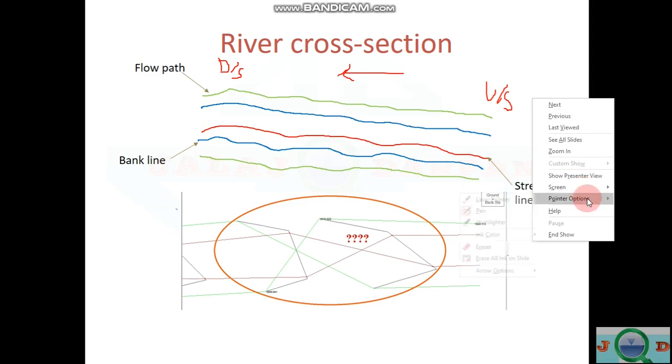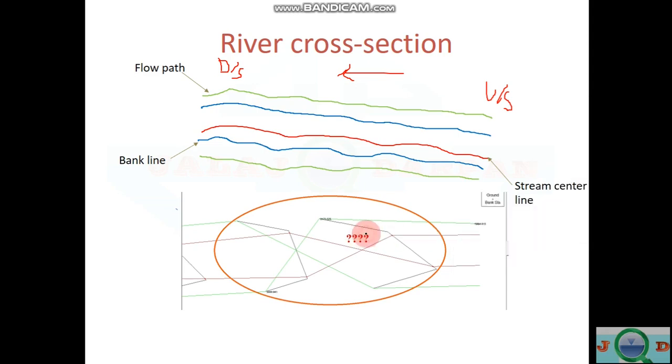Now it is time to draw the cross sections. Just change the ink color. Yes. In the HEC-RAS 1D model, always draw cross sections from left to right. So if I draw cross section 1, cross section 2, cross section 3, cross section 4, cross section 5.